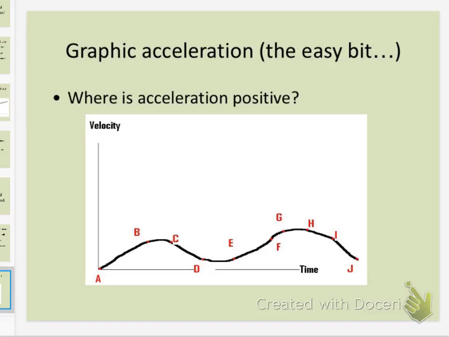If I give you a graph like this and I say, where's acceleration positive, where is it zero, where is it negative? You just did that. And we're just looking at the slope of a segment of line. So, for instance, we can look at segment A to segment B and say that has positive acceleration. C to D has negative acceleration. D to E, pretty much minus foibles in drawing, has zero acceleration, etc. You can do that.